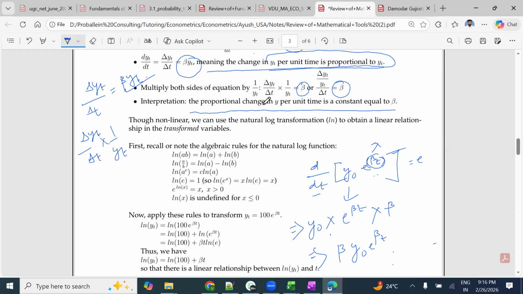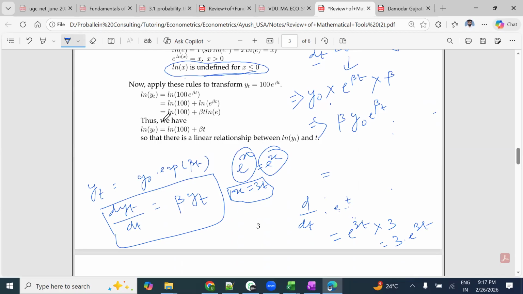तो हमने लिखा प्रोपोर्शनल चेंज इन y पर यूनिट टाइम इज कांस्टेंट इक्वल टू बीटा। सो दो नॉन लीनियर, we can use natural log transformation ln to obtain linear relationship in the transformed variable। Now recall or note algebraic rules for the natural log function: ln ab multiplication rule, division rule, ln a to the power c is c times ln a, ln e की वैल्यू 1 होती है, e to the power ln x will be x, ln x is undefined for negative number या 0। अब apply these rules to transform yt equals to